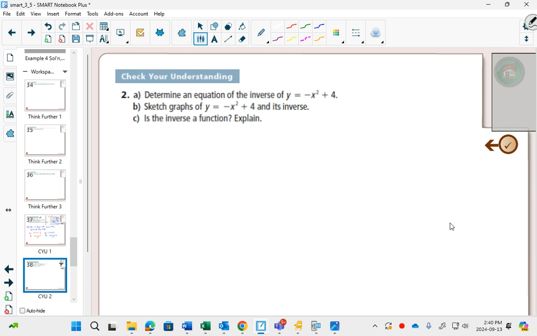So part A, determine an equation of the inverse of y equals negative x squared plus 4. Sketch the graphs and its inverse, and is the inverse a function? Again, the big idea for finding an equation of an inverse